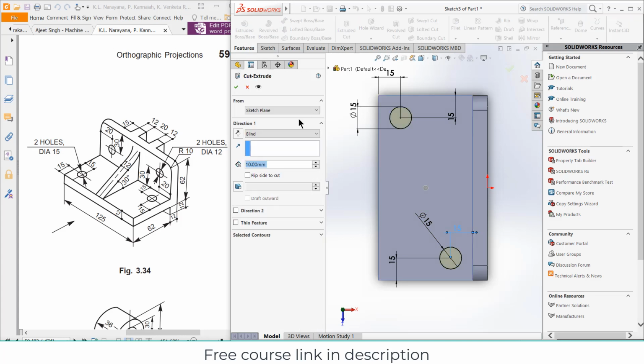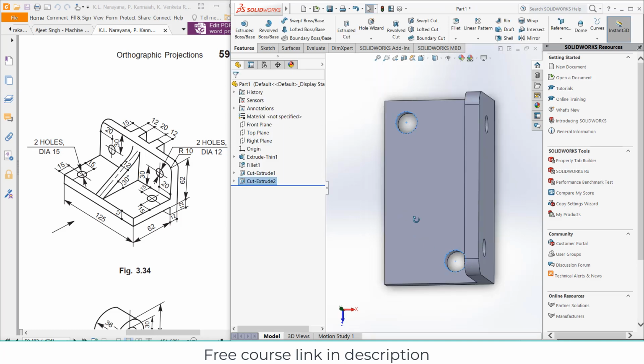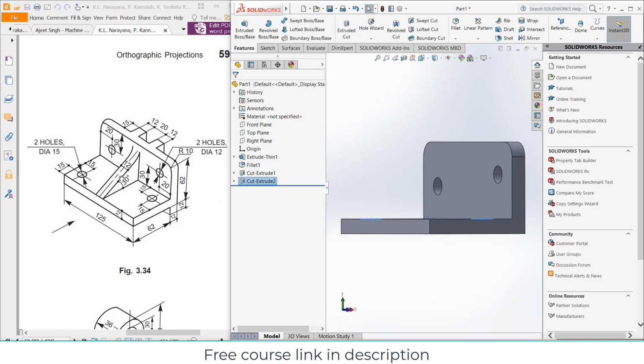Features, extrude cut, through all, click OK. Now to make this part, what I can simply do is select the front plane,